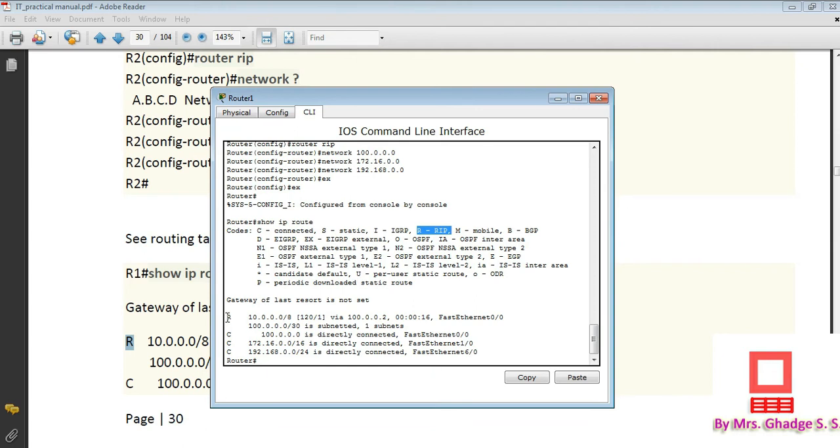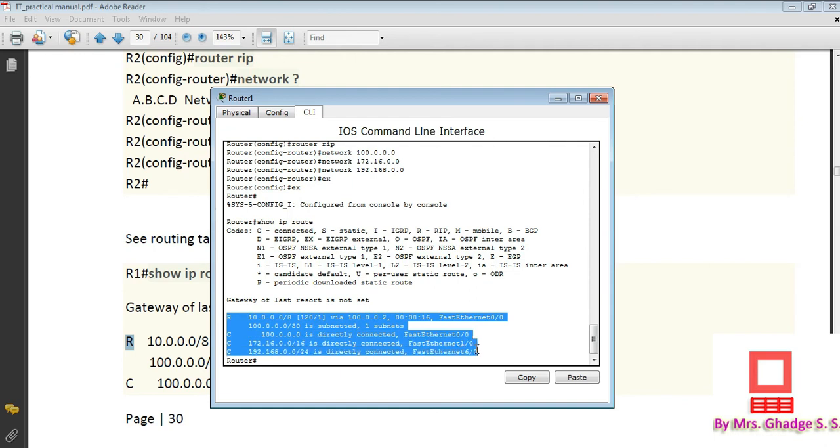This R indicates the RIP protocol which we have configured, connected to the network 10.0.0.0 via 100.0.0.2. You can see this 100 network is subnetted, which has one more network, that is 10.0.0.0, and all the other three networks are directly connected. In this way we can see how the routing table is formed by router 1.